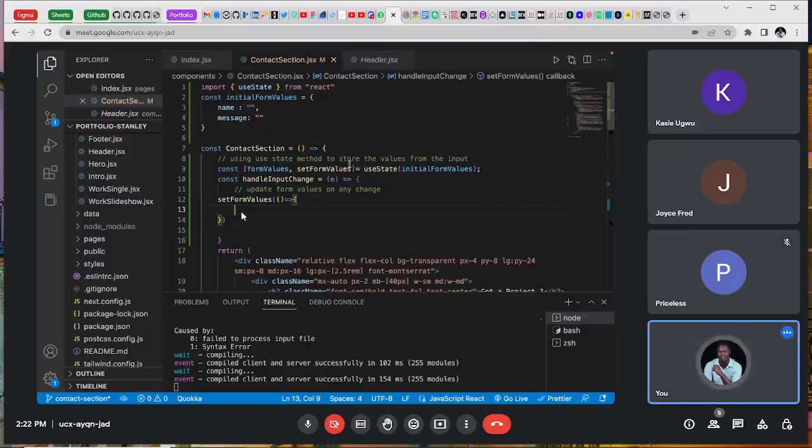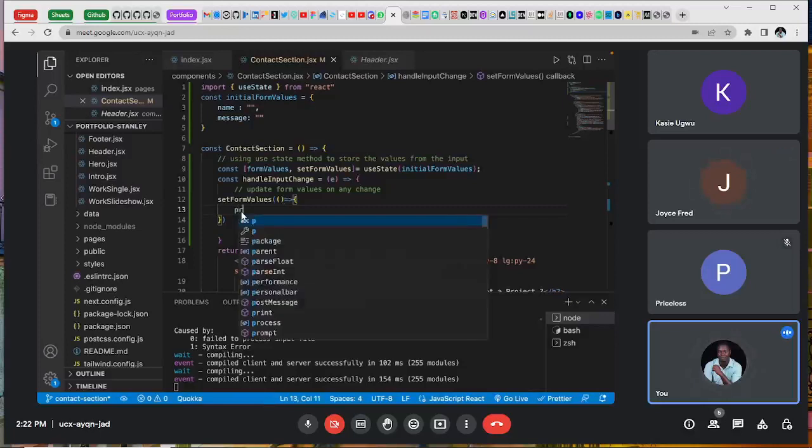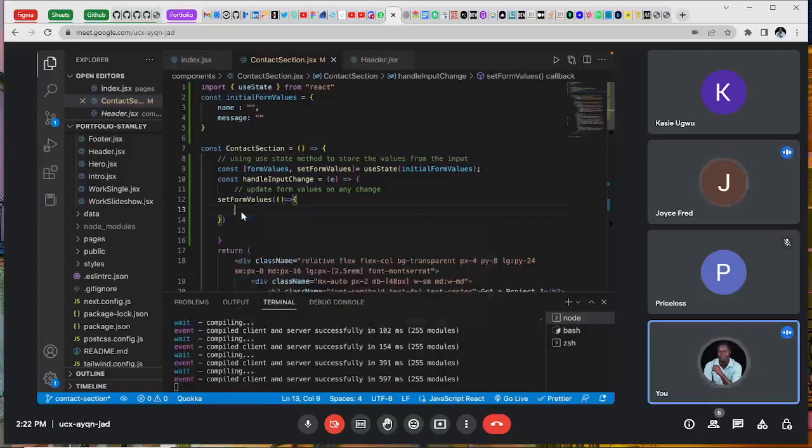There are some situations where, actually, yes, you need it. In this situation, write prev state in there. In that bracket in the set form values, the arrow function in set form values. So there are some